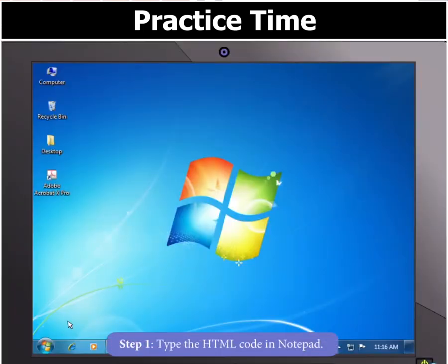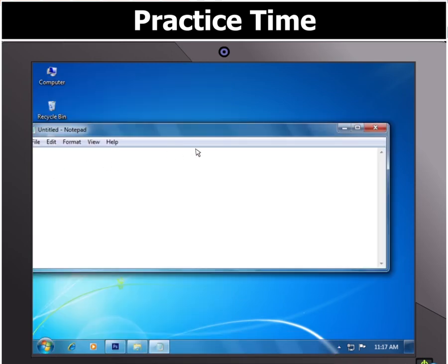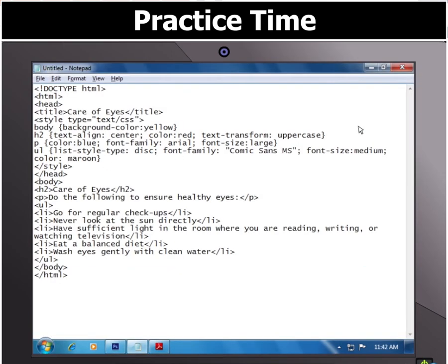Start Notepad and type the HTML code as shown here. Opening angle bracket, exclamation, doctype space HTML, closing angle bracket. This command marks the beginning of an HTML document. The head section of the code is then used to write the title for the web page, that is, Care